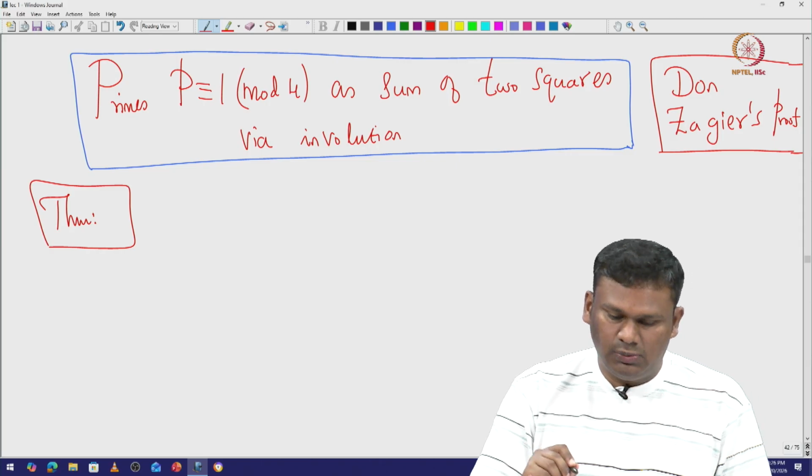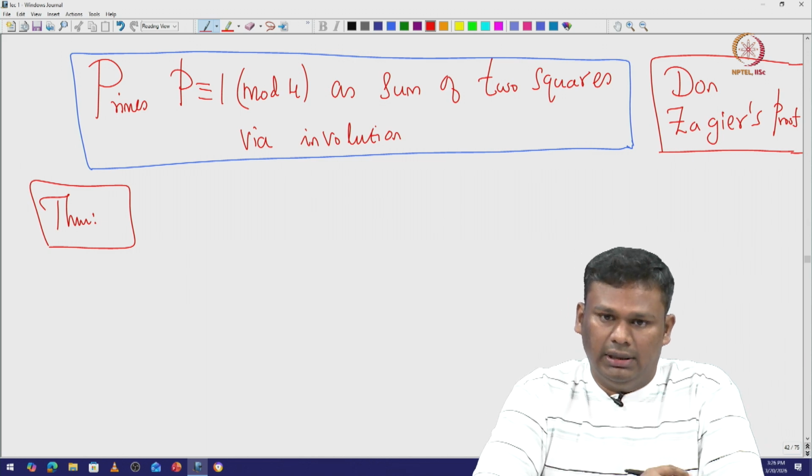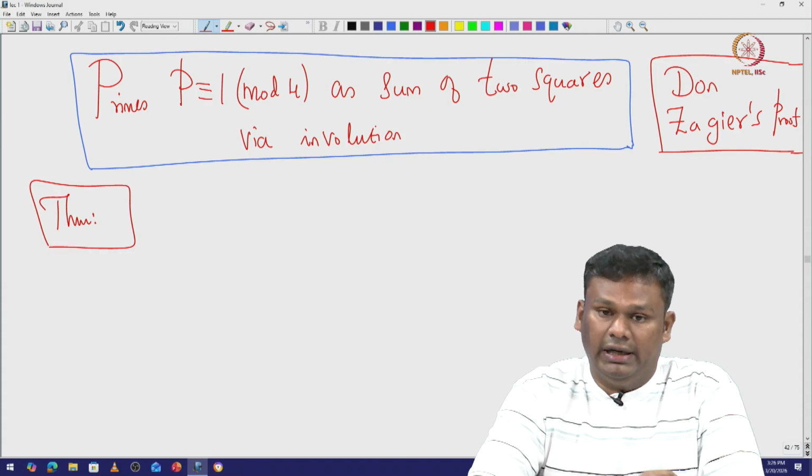But anyway, this proof uses only some elementary number theory, which I will take as a black box. So, I am not going to prove it, and we will write down explicitly the involution map that is involved,